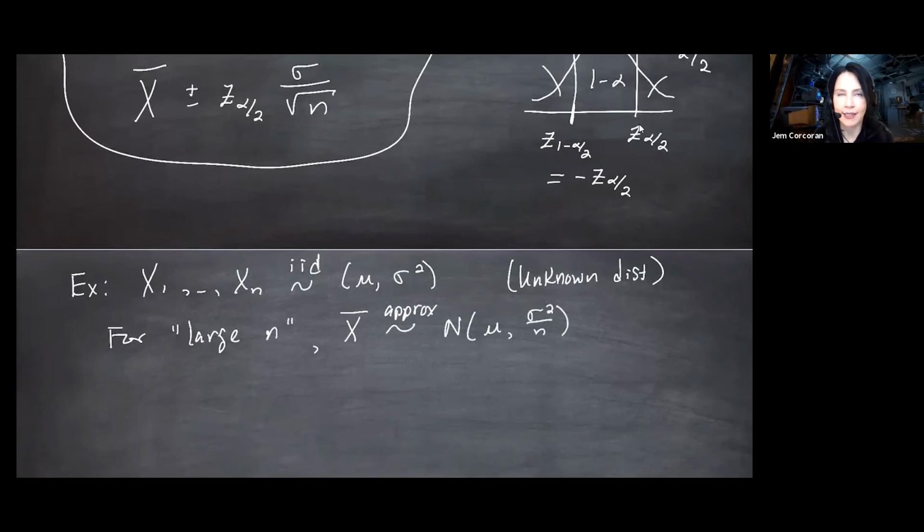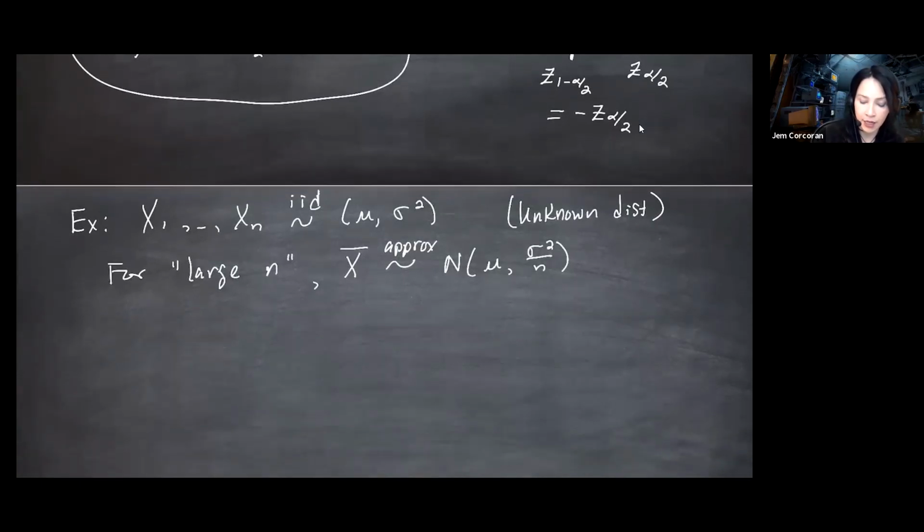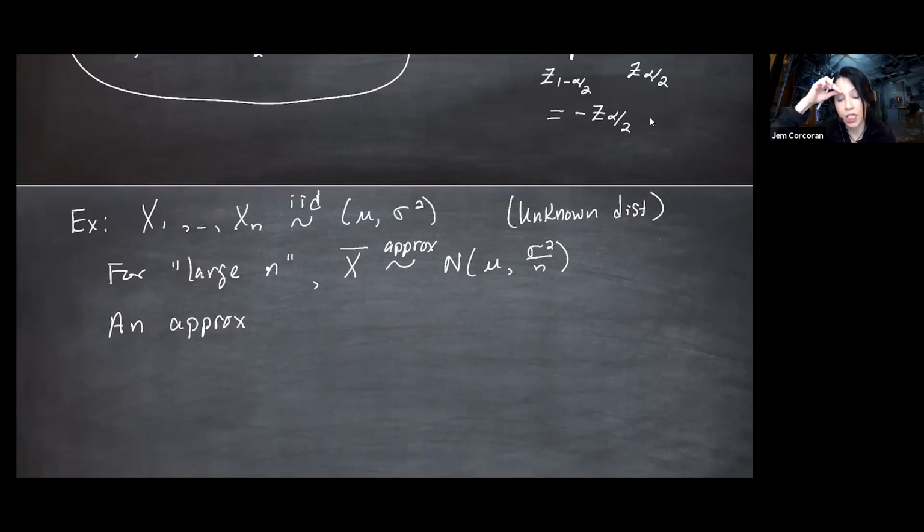And in fact, it's asymptotically so, but I'm trying not to be so specific. I'm just trying to say, as n gets large, the distribution of x bar turns more and more like this normal distribution. So I could do the same thing and get the same result and get an approximate 100 times 1 minus alpha % confidence interval for the mean. So let me write that down. Another formula in a box. And as I said before, large n is usually taken to be n greater than 30 or sometimes 40. I'm not going to try to trick you and have a 35. I'm going to make it large.